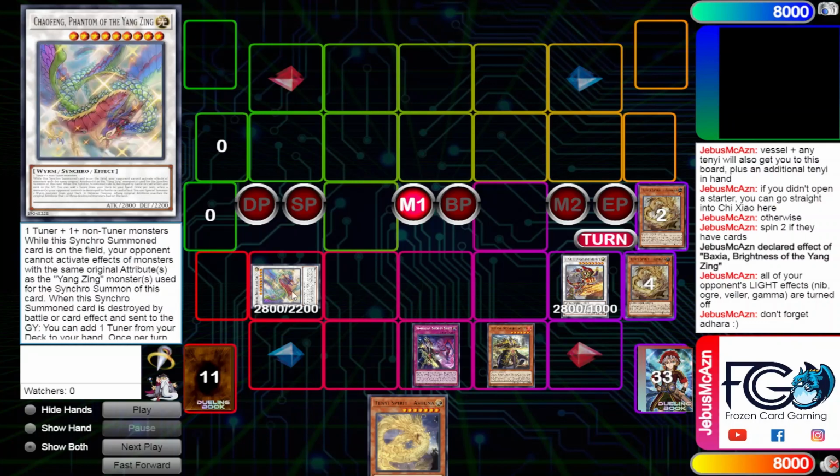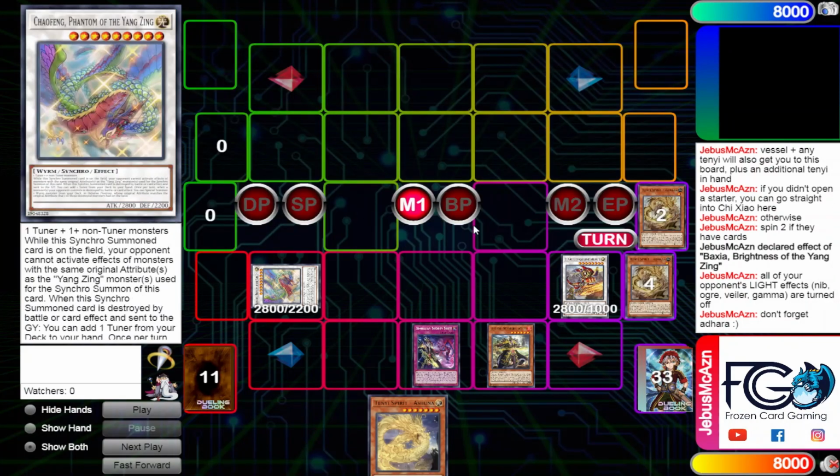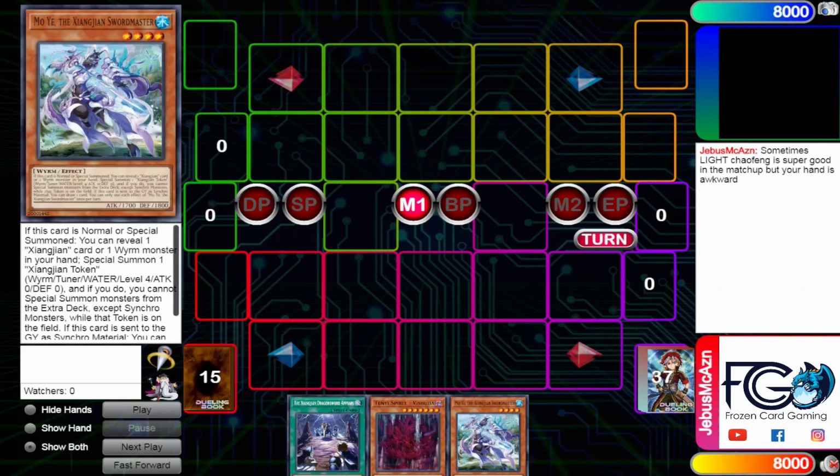But that does it for the Chaofeng combo. This is one of the most important combos in this deck, and this is, I think, important to know, because it's one of the reasons you play this deck. So, yeah, moving on. Next up is going to be a little more gimmicky of a combo where you may